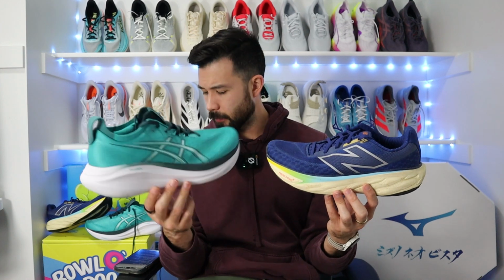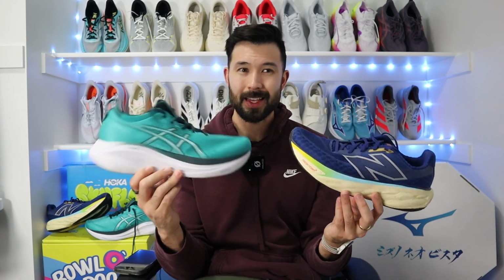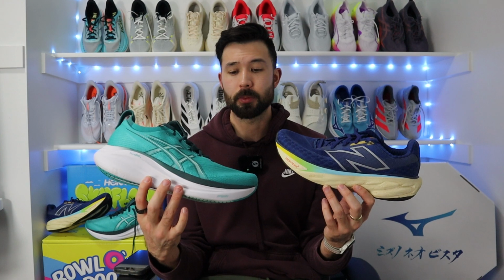Now, moving to the fit of the shoes, the Gel Nimbus, I feel like fits true to size lengthwise, and then from there, I feel like it's a fairly wide shoe overall, but it is more standard-ish fit in the midfoot. So as someone who does have kind of a standard foot, I didn't feel like the shoe was overly wide by any means, at least in that midfoot, but I felt like I had ample space in the heel